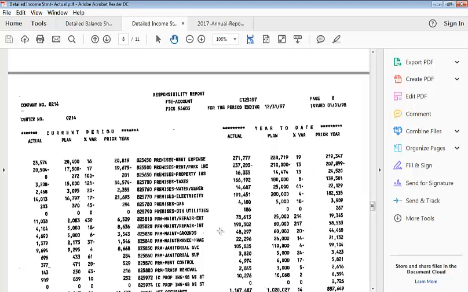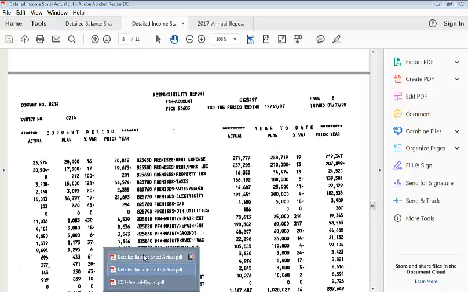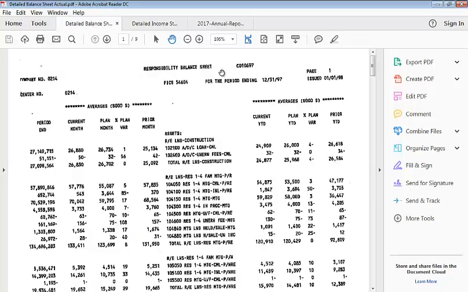gas, other utilities. Okay, this is something you're not going to see if you're not working for the company. But if you are working for a company in accounting or finance, there's a good chance that you'll be dealing with these internal financial statements that contain a lot more detail than what you see on those that are publicly available. If we look at the balance sheet here,